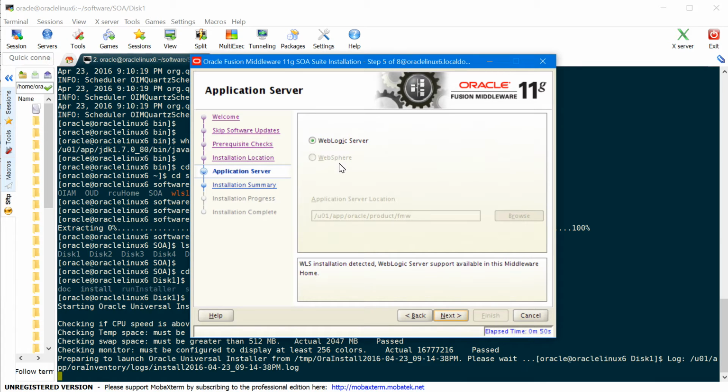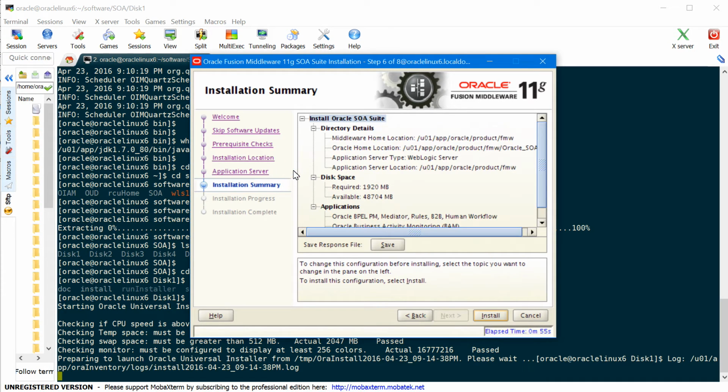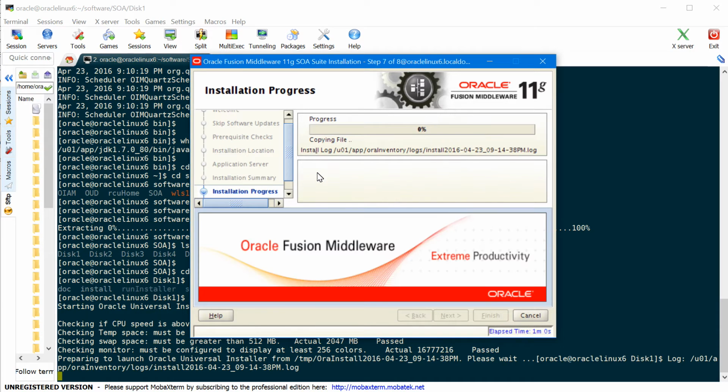And you need to select your application server here. So in our case it's WebLogic server. Click next. This is a summary screen and click install. Okay, now the installation is complete. Click next here